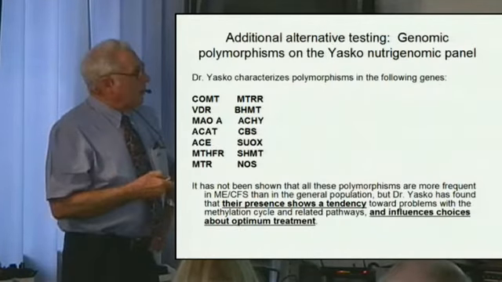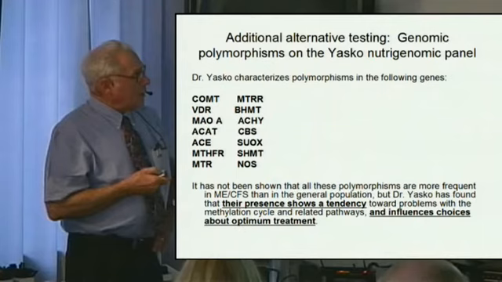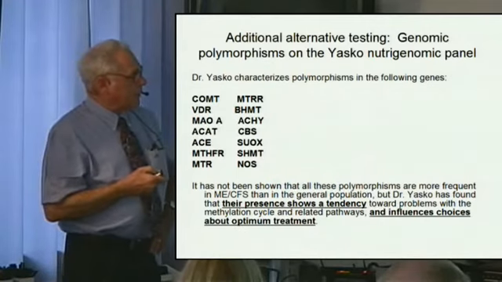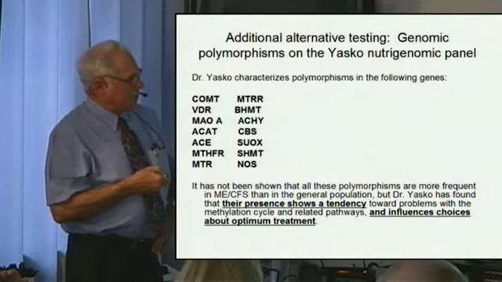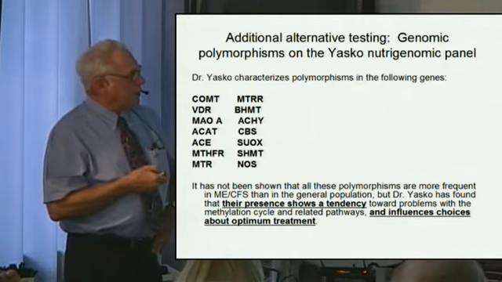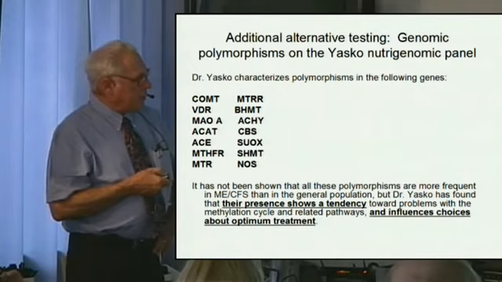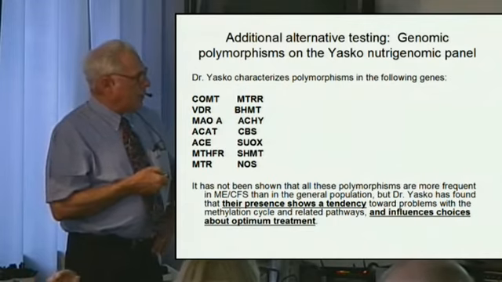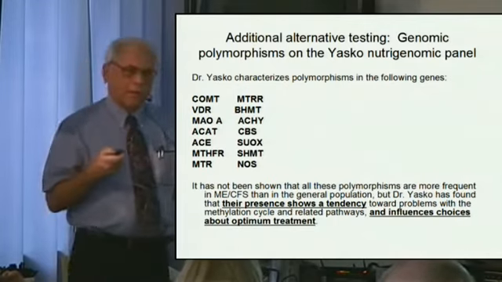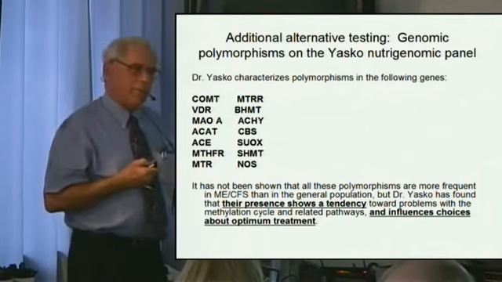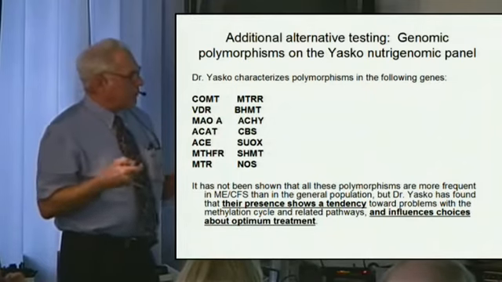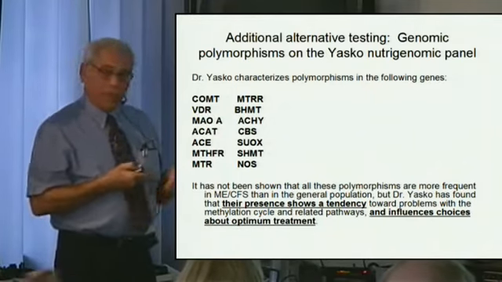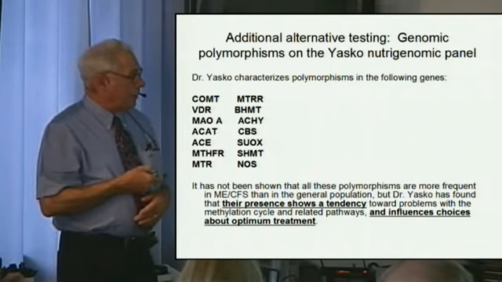Okay, now I mentioned earlier Dr. Yasko, and she evaluates 30 different polymorphisms in these genes. Now, some of them have more than one polymorphism, but these are the genes. And as I mentioned, these have not been statistically analyzed to find out, are these more prevalent in a person with chronic fatigue syndrome than in the general population? There's been some informal studies, and we know that 2 or 3 of them really are. For example, this one here,